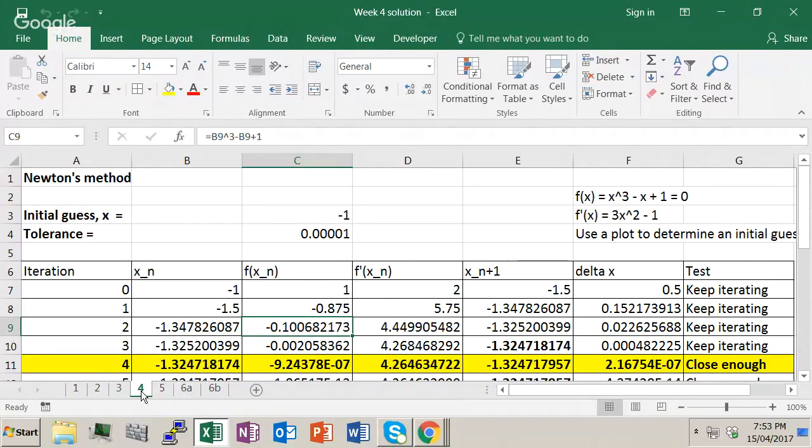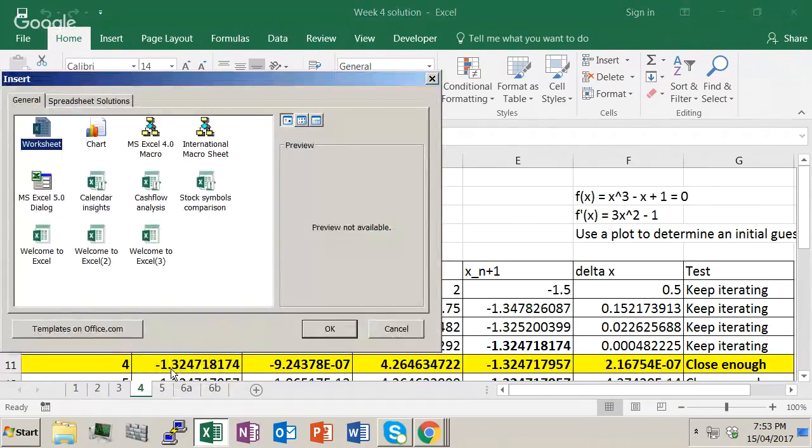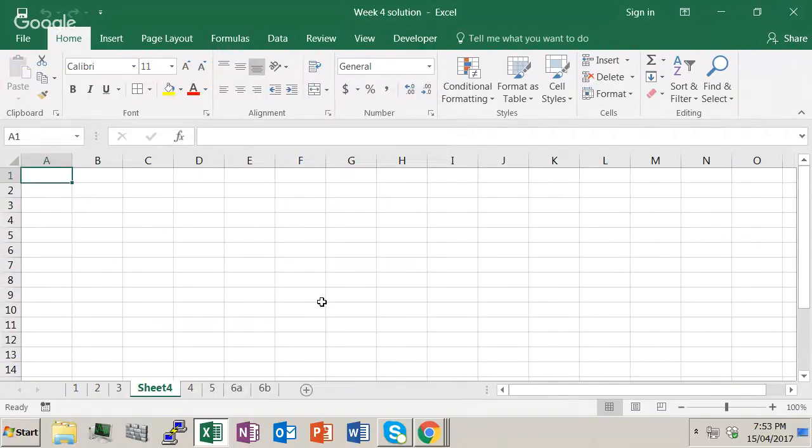The first thing I'll do here is create a new tab. I'll do this by right-clicking the tab, choosing Insert, and choosing a new worksheet. Now, in this problem, we're using Newton's method, which is basically an iterative technique that allows us to